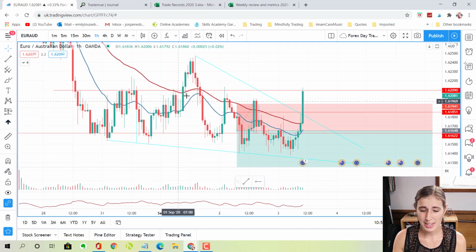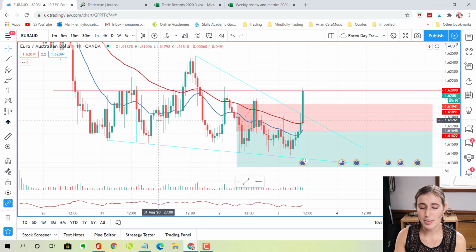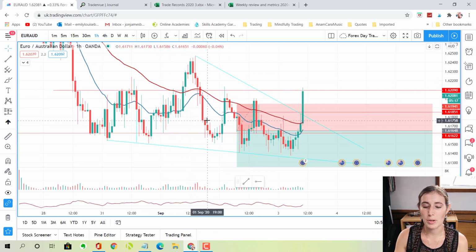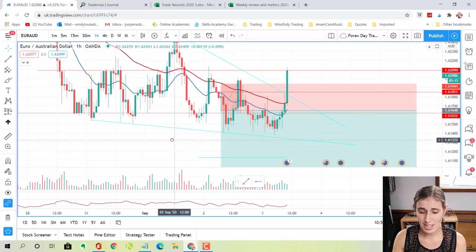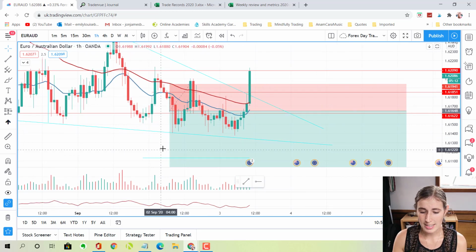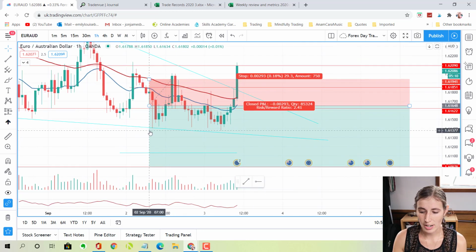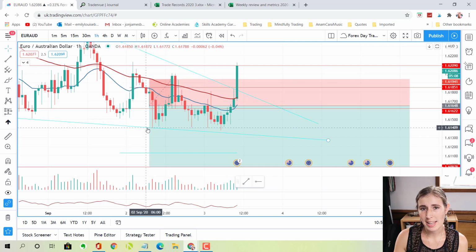If I zoom out a bit more, you can see that we did break this upper horizontal ray here, but it did come strong back down into this consolidation area. So I felt like these were all signs showing that we were going to go down. But as I said, it just hasn't quite worked out. Since getting into this trade, I did go down, and I got to about 0.5% in profit, but